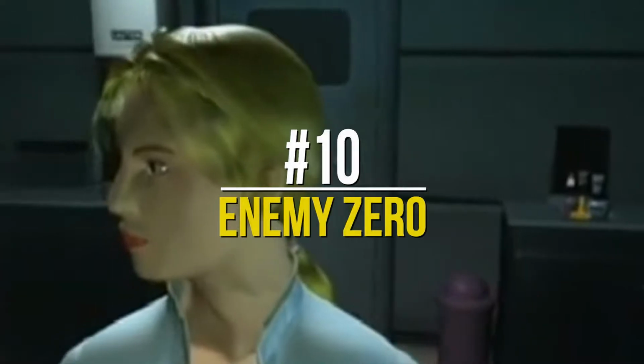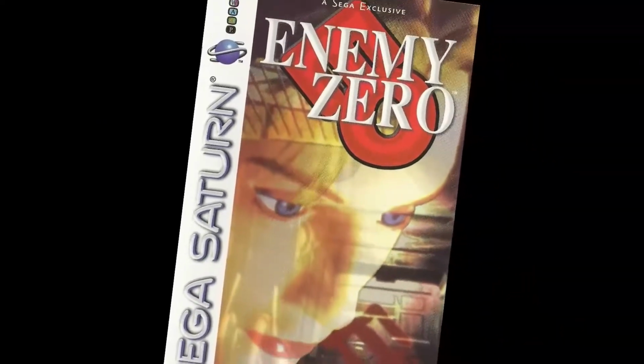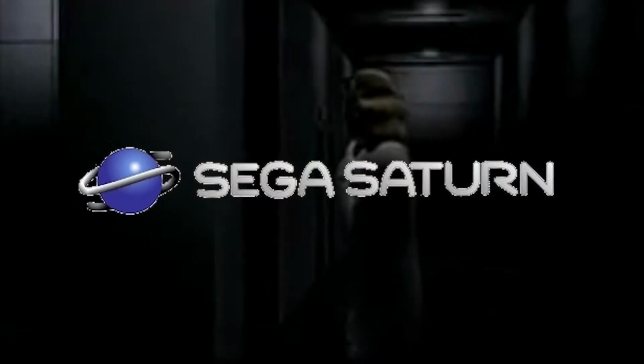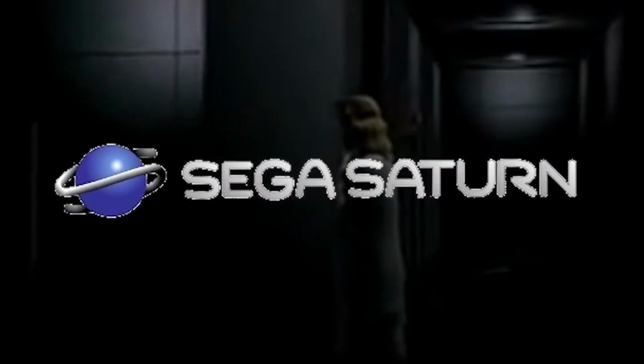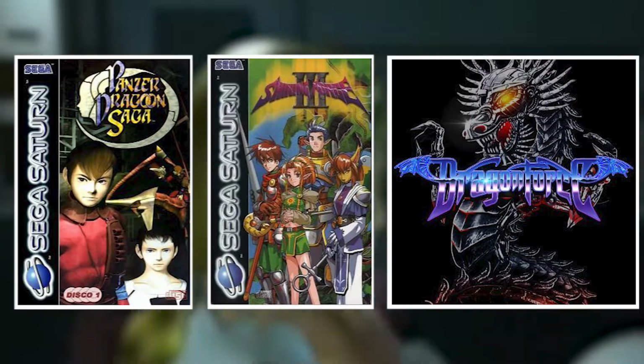Number 10. Enemy Zero. Due to their high-quality standards and low availability, many rare games on the Sega Saturn were amongst the first to sharply increase in price following the console's demise. Games such as Panzer Dragoon Saga, Shining Force 3, and Dragon Force soared in price as collectors hurried to add